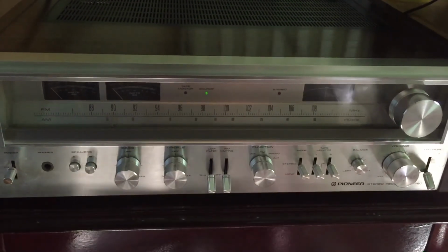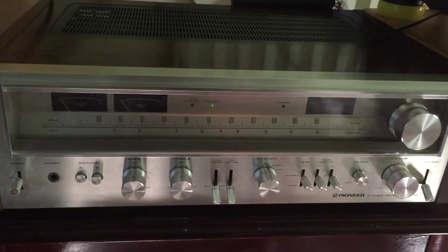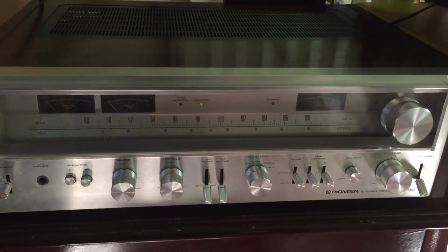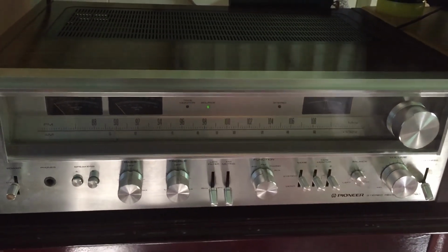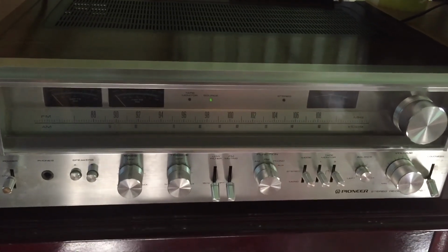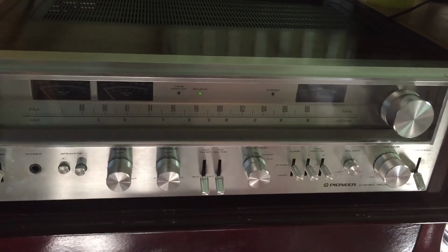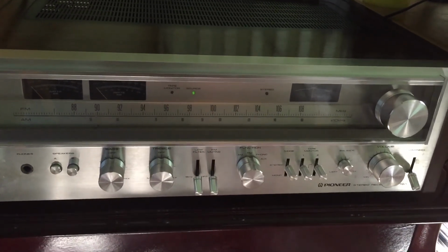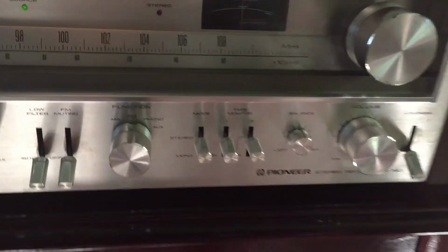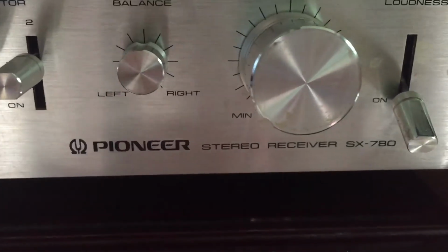First thing I spotted was an old Realistic turntable, which had the original instructions, dust cover. It looked really cool, but I've got 2 turntables. I don't really know what I would do with a third. But then this caught my eye, and this is a Pioneer stereo receiver